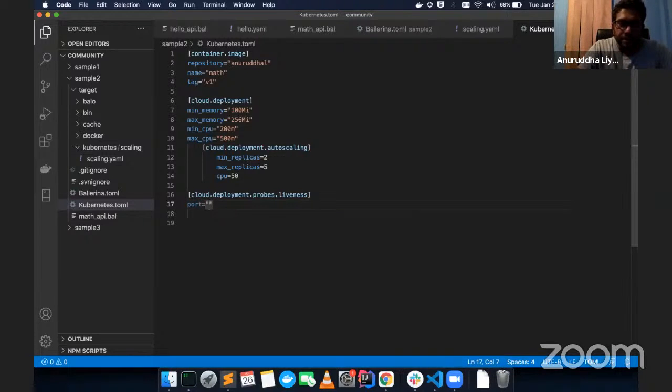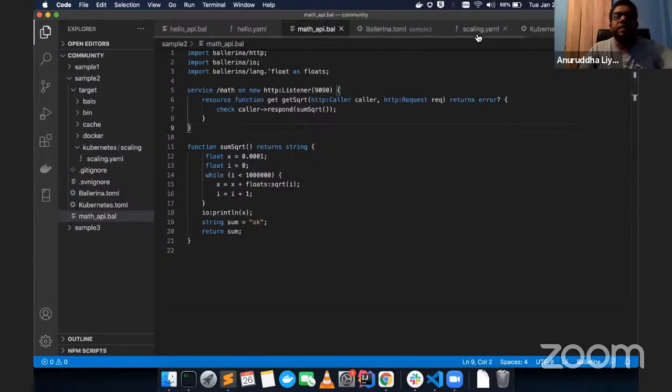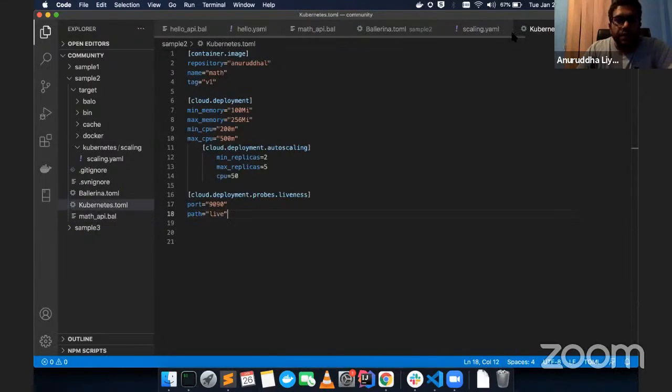We want to run this one on port 9090, and the path as live or something. We can add this path to the service as a resource, and we can check whether the service is ready and live before invoking this one.